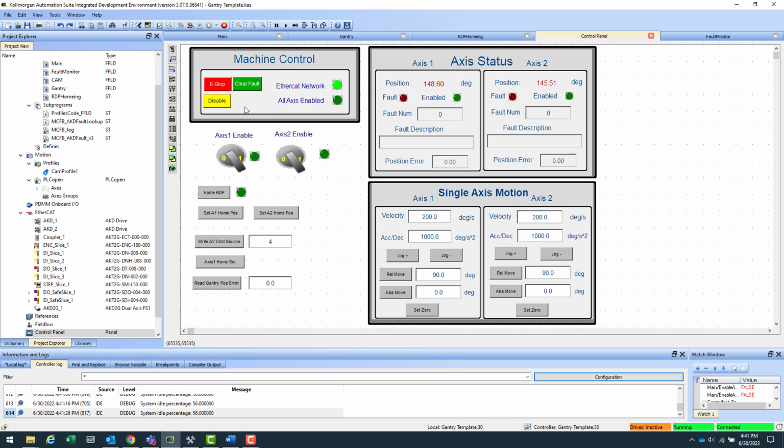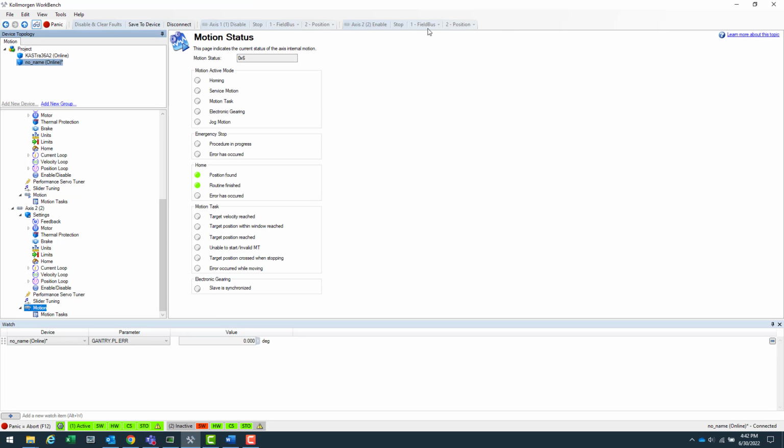First difference you see is there's not an overall enable button. We split it up because you may want to enable each axis separately and have one disabled, especially while you're homing. If they're physically connected through a gantry, you might want to only enable one at a time so it can move the whole gantry, and then the other won't be enabled and fighting the other one from moving. So yeah, now I can just flip a switch, and if axis 2, as currently you can see,